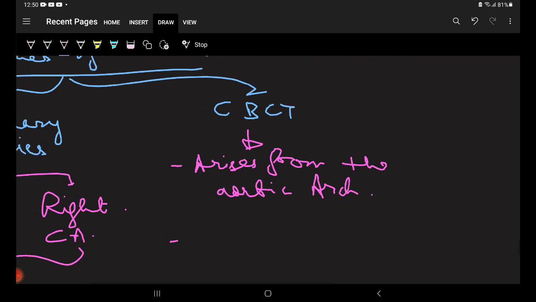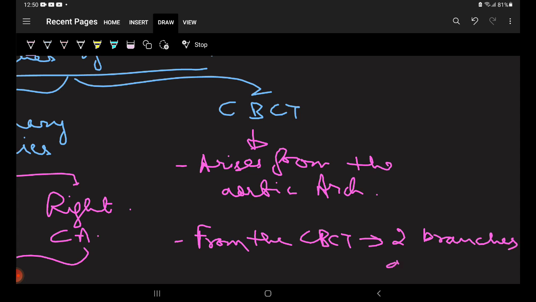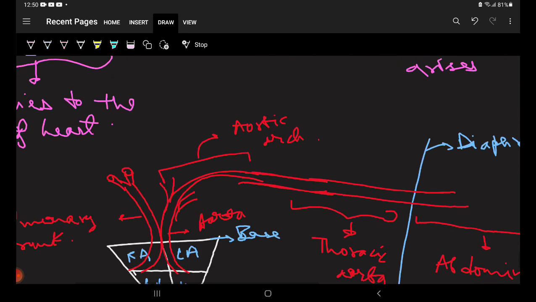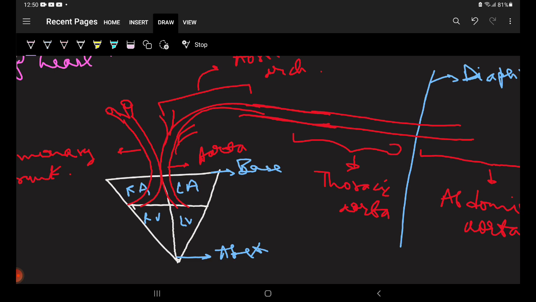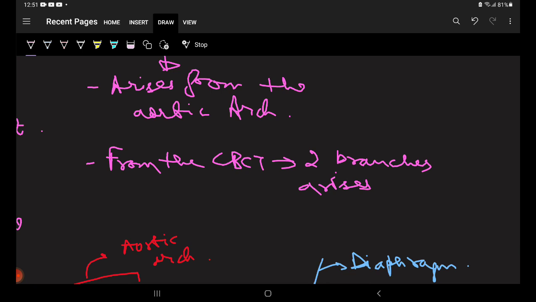Okay, so you will write the points here again. So CBCT, from the CBCT two branches arise. Now what is actually CBCT? When the left and right coronary arteries arise from the aorta, then the remaining structure is called CBCT. And from the CBCT two branches arise. We will discuss this in detail in the lecture on the aorta. So those two branches are